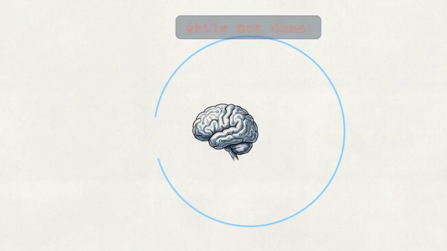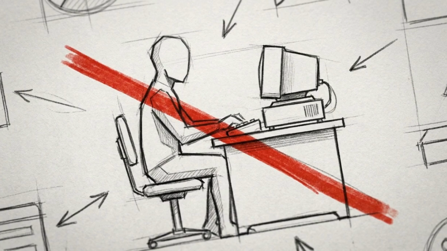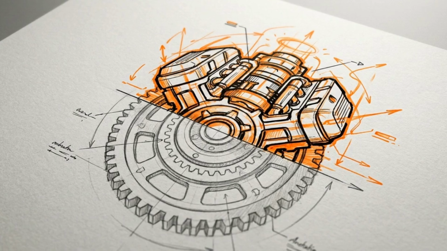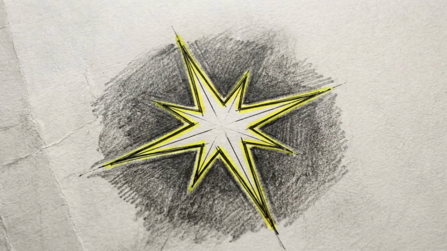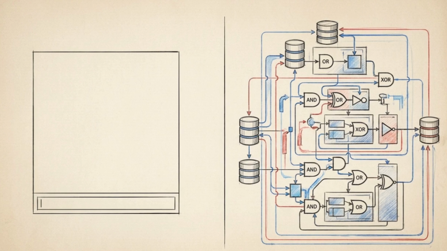That architecture relies on a specific programmatic mechanism, placing the language model inside a continuous while loop. Instead of halting and waiting for a human to provide the next instruction, this loop forces the model to continuously evaluate its own previous output. This shifts the system from a passive linguistic simulation into an active reasoning engine. It generates an idea, tests it, and uses the result to decide what to do next. By trapping the model inside this invisible loop, the software crosses the threshold from generating static text to executing autonomous, multi-step workflows.